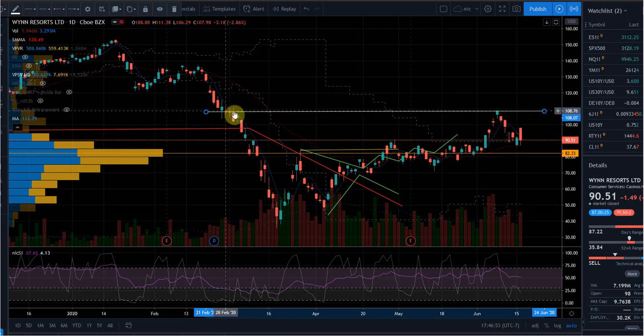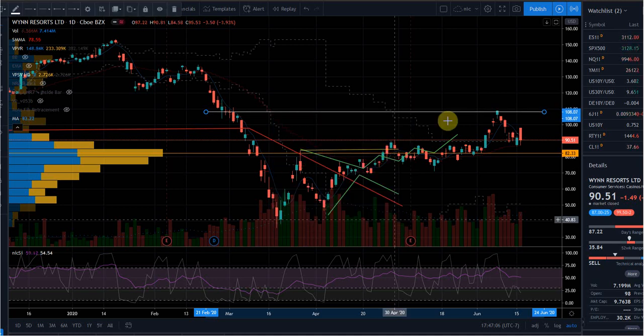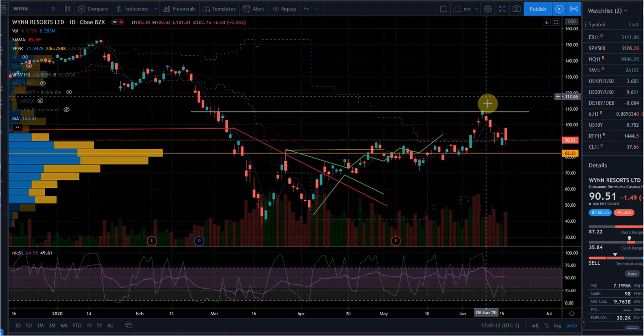You know, they tried to hold, and then they fell. You can almost see a ledge right there, right? So this is an important line to remember on the way up. And 108.07, I'll just make them both the same and see where it's at, and then perfect. Now it's flat. So it's a problem, right, for the bulls, but it's also the opportunity, because if you break